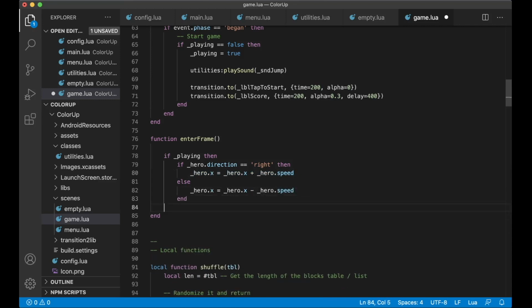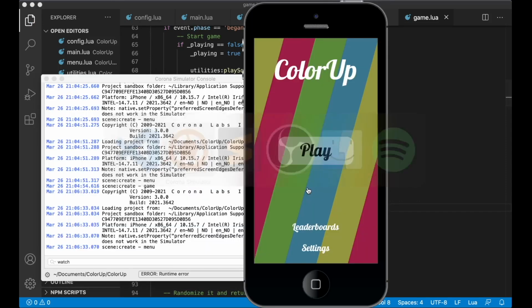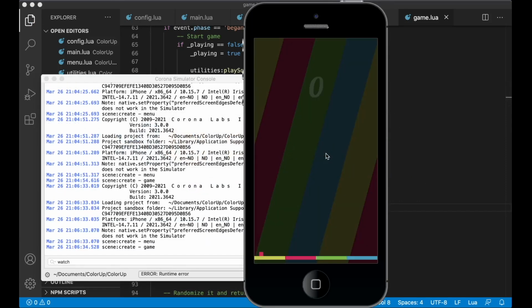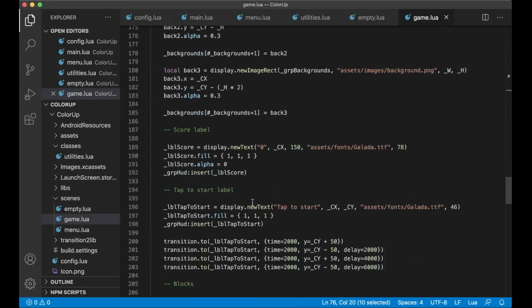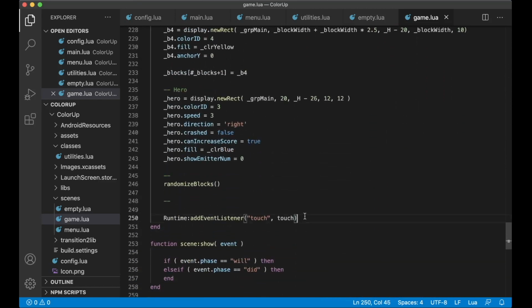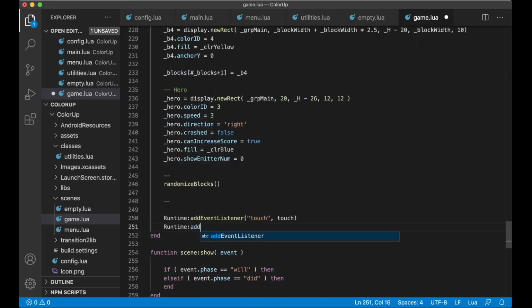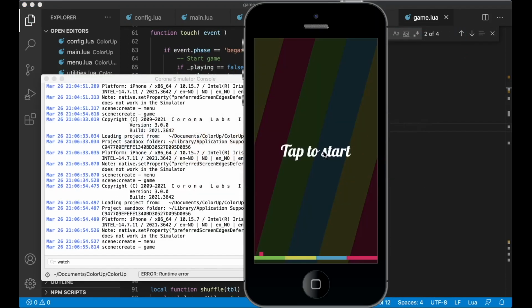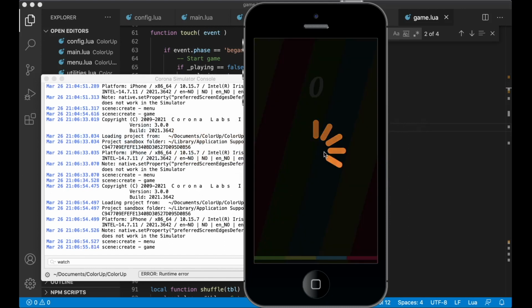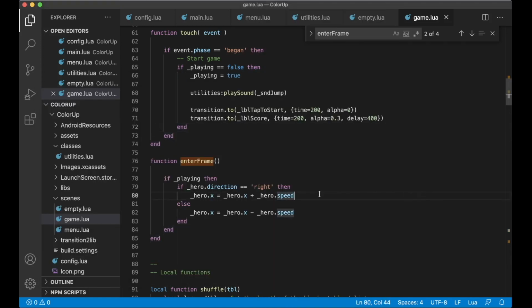And so if you try to run the game now, you will see that the hero should start moving. No, sorry, we need to activate this as well, just like we did with the touch. So runtime add event listener enter frame and call enter frame. So now we can try to do this again. Great. So now we need to check if it reaches the other side of the screen and similar, and that